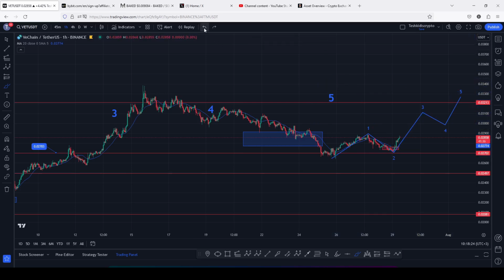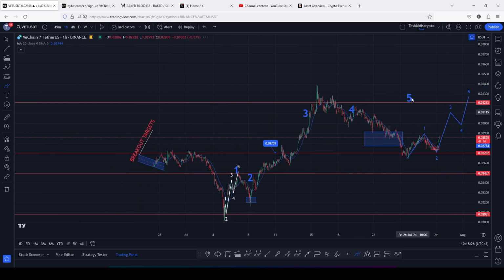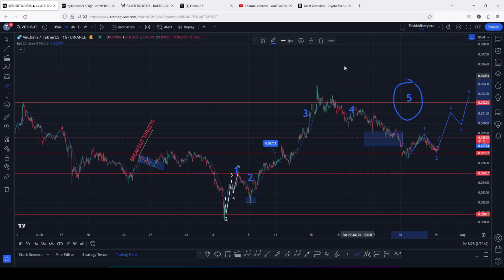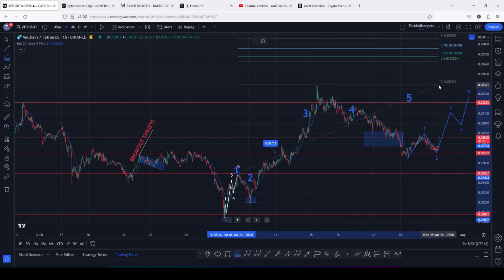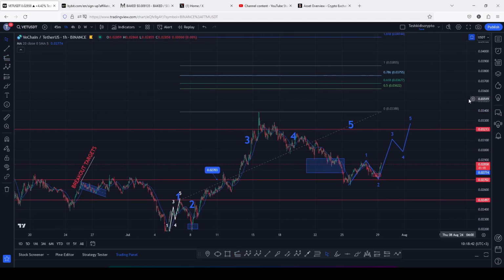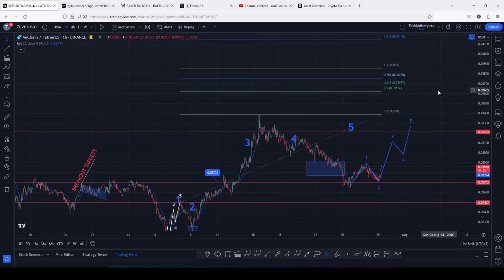And to just give you the minimum target areas for this larger Elliott wave count 5, I will be connecting the trend-based Fibonacci once again from the low of the first wave to the high of that Elliott wave count 1, then dragging the fibs to the high of that Elliott wave count 3, giving me a minimum target area for the Elliott wave count 5 at the fib level 0.618 as the first target area,